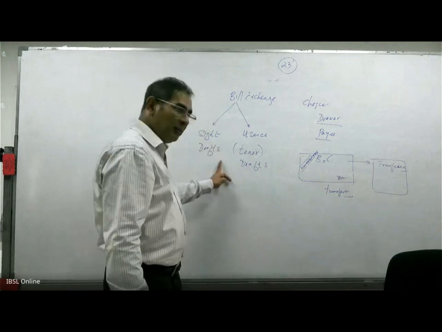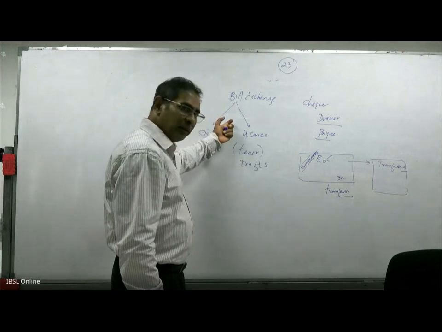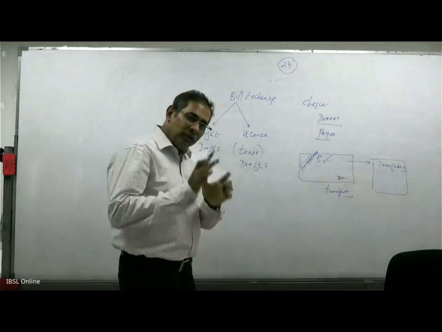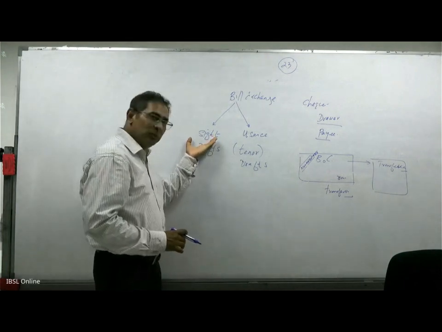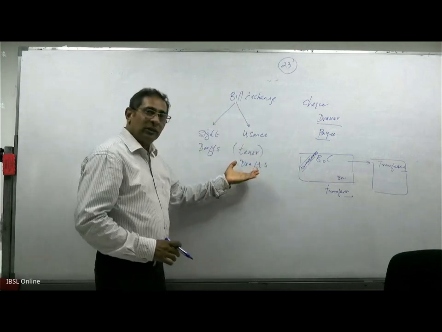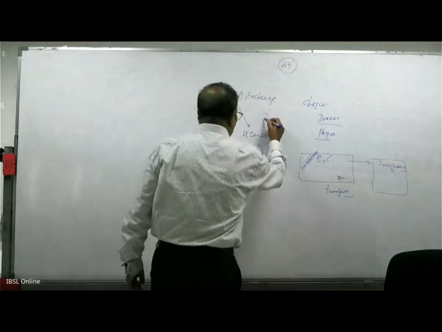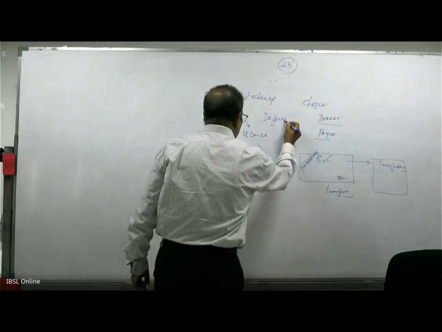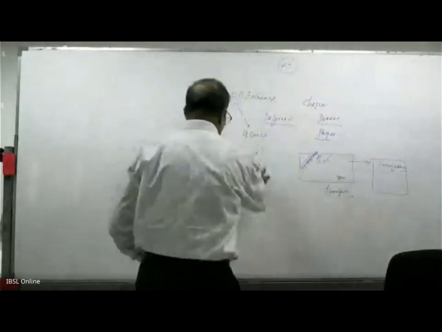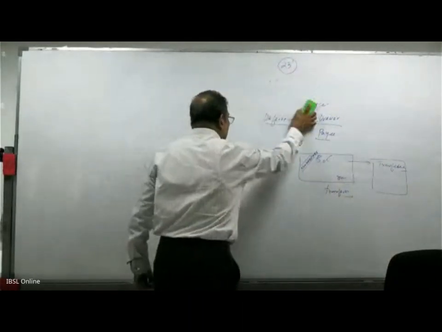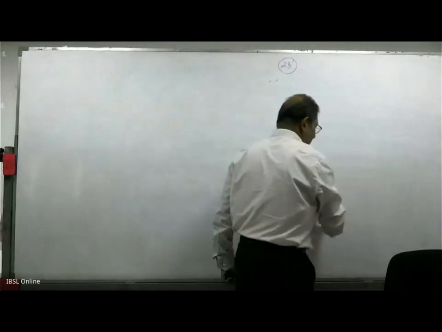So these two words will come up throughout your session: sight draft and tenor draft. After that, I will discuss what a sight draft is as a refresher. But these are the two common words, so you mustn't hunt for them. A sight draft means payable on demand. A tenor draft means it could be a deferred payment date, right? Deferred. That's on a future date or a postponed date.